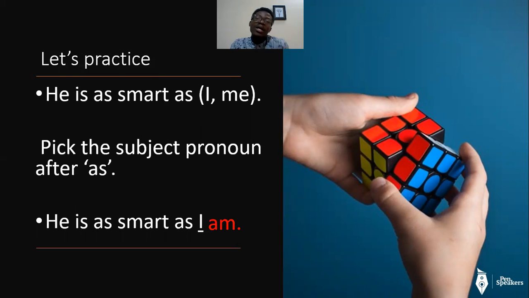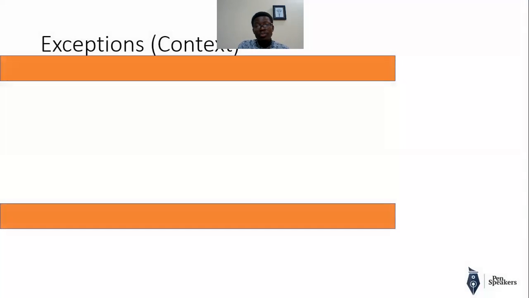You get that? But we remove it. We don't put it in the sentence. So you probably would say he's as smart as me. That has been the common thing before now, but that is grammatically incorrect. The right thing to say is as smart as I am. There is an exception though. You need to look out for